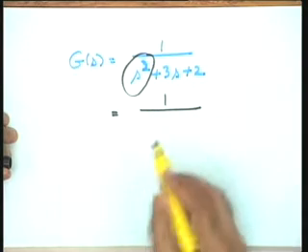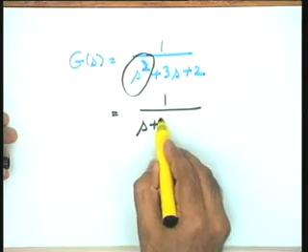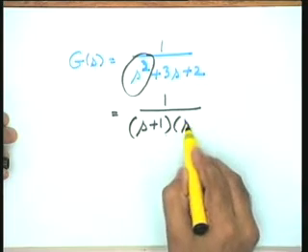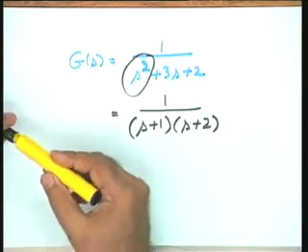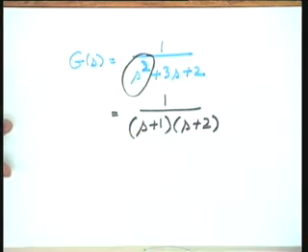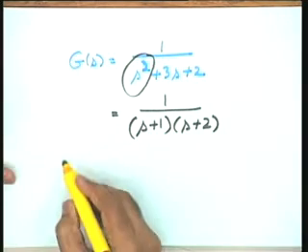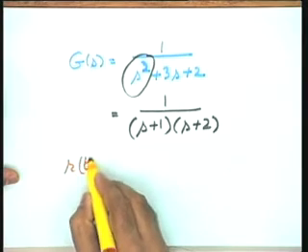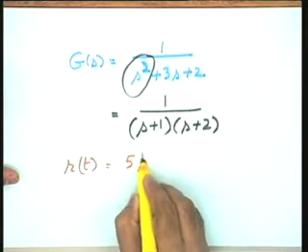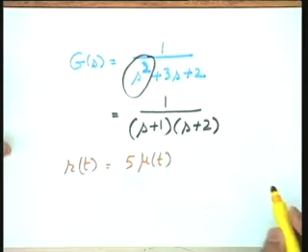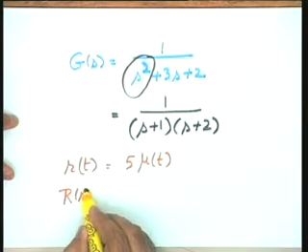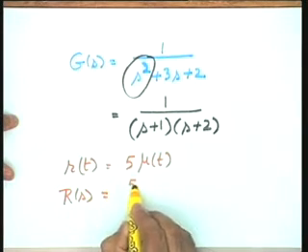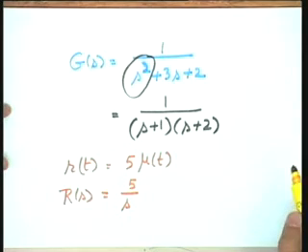Let me put it in the pole-zero form. There is no zero in this particular case, and there are two poles at s equal to -1 and s equal to -2. These are the two poles of this particular system. How about the input? Consider an input r(t) equal to phi mu(t), a step input of magnitude phi. Therefore, as you know, in this particular case R(s) will become phi over s.